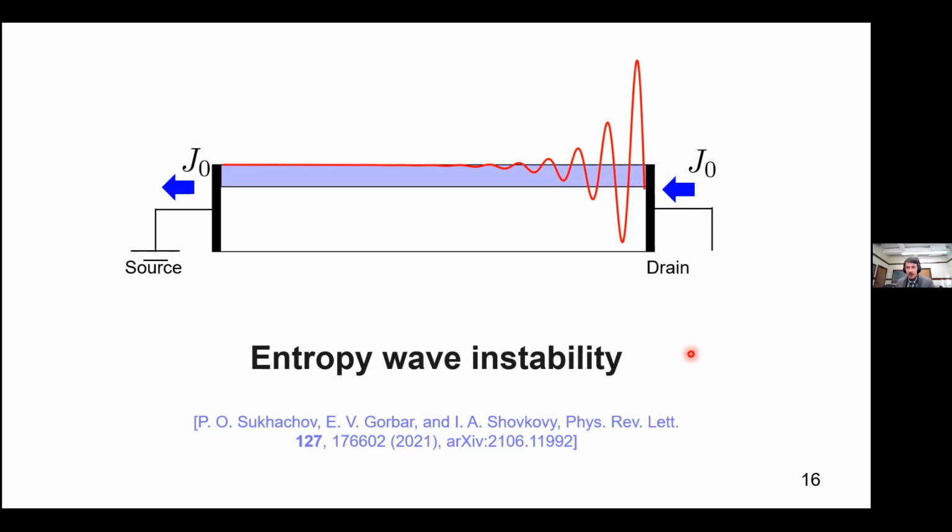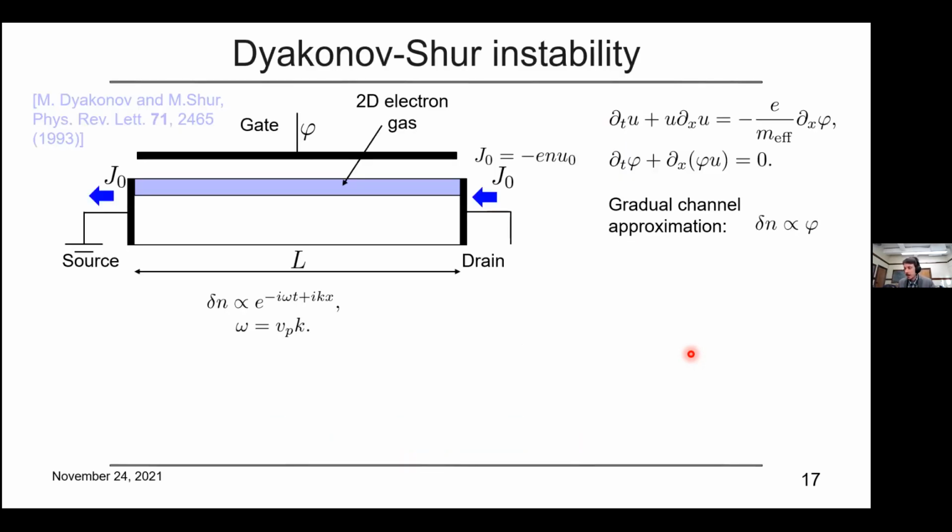So for this, we investigated the so-called current-driven instabilities that could appear when a material is subjected to a direct background current. And we did find one. We did find that there is a novel type of instability related to entropy waves. In order to understand what this instability is and how it appears, the natural starting point will be the eponymous Dyakonov-Shur instability. So in the 1990s, Dyakonov and Shur proposed a rather simple model of a current-driven instability